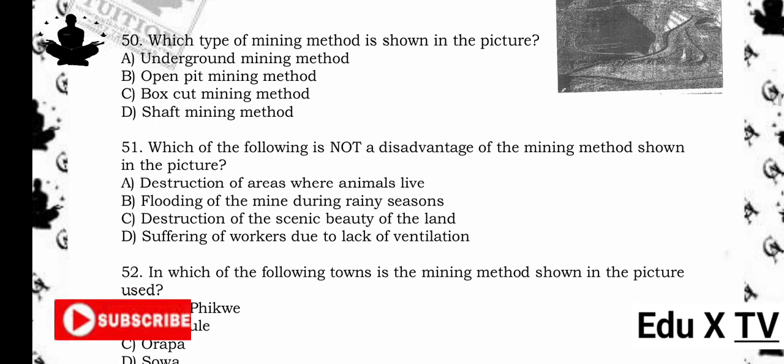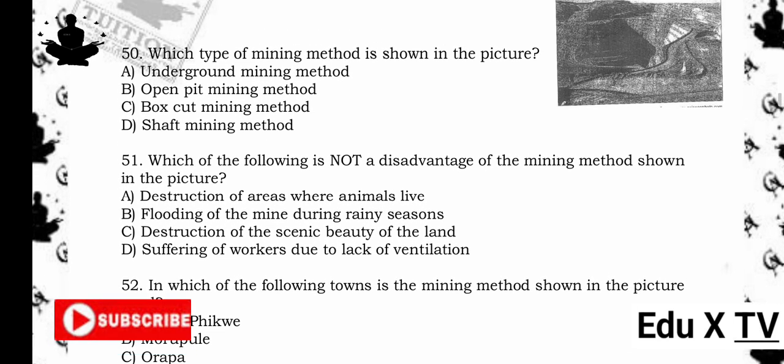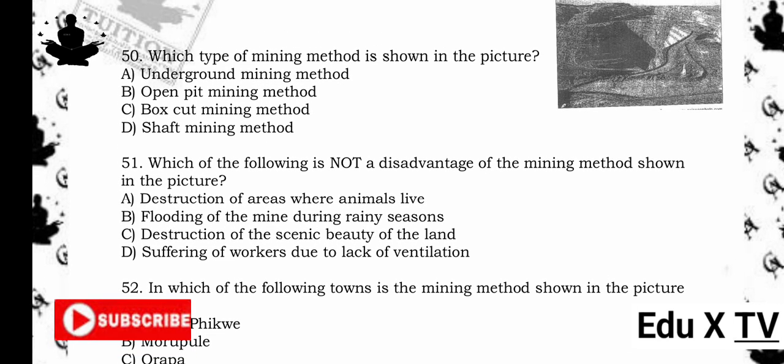51. Which of the following is not a disadvantage of the mining method shown in the picture? A. Destruction of areas where animals live. B. Flooding of the mine during rainy seasons. C. Destruction of the scenic beauty of the land. D. Suffering of workers due to lack of ventilation. The answer is D. Suffering of workers due to lack of ventilation. Reason being, open pit mining is open to the air, so lack of ventilation is not a problem compared to